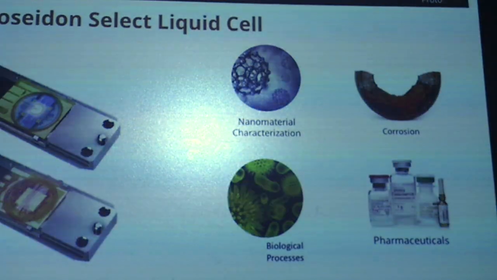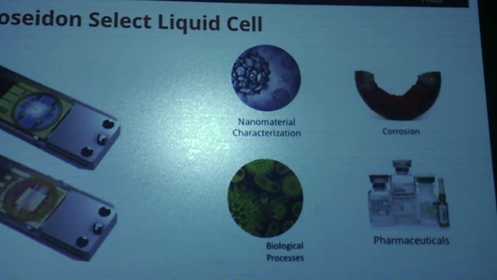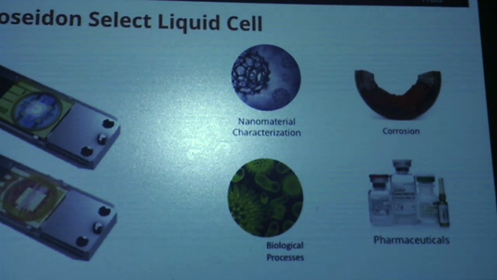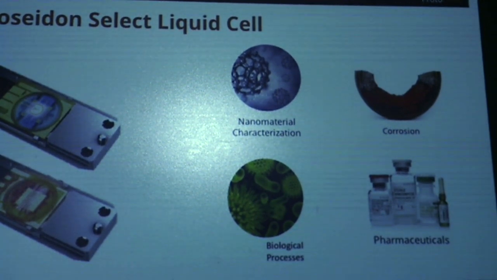But with our Poseidon Select, what you're doing is studying materials in the liquid environment. So as it turns out, a lot of things on Earth are wet in some way, and so studying things in the liquid environment tends to be relevant for not only very, very wet things like colloids and liquid chemistry, living cells and stuff like that, but also for things like corrosion and just otherwise characterizing material in a realistic or active environment. You can do liquid heating, so you can heat a liquid up to 100 degrees, or you can do electrochemistry. But before I get into too much about what you can